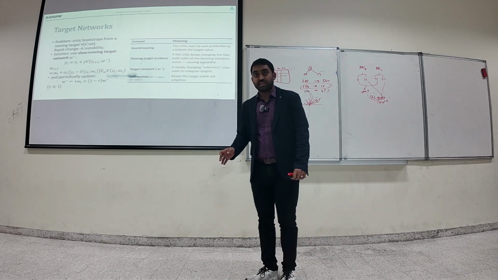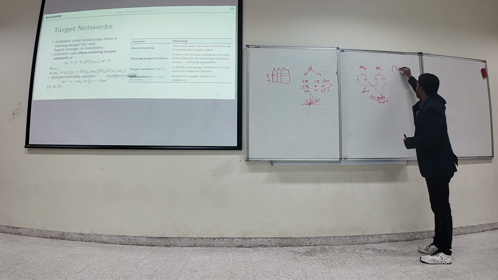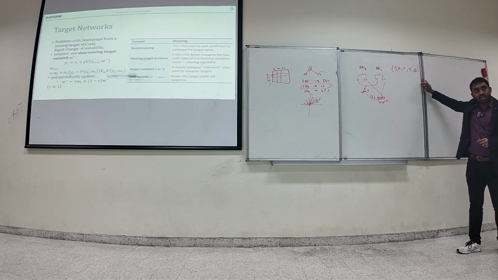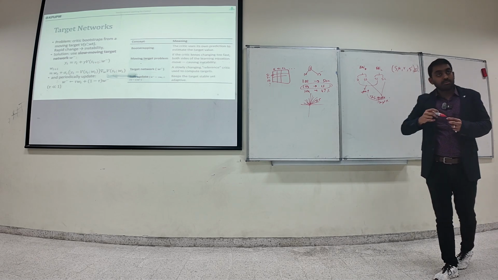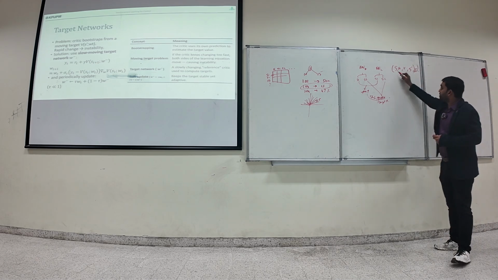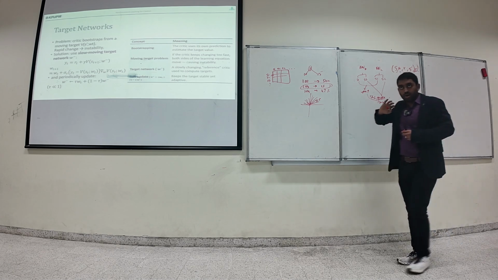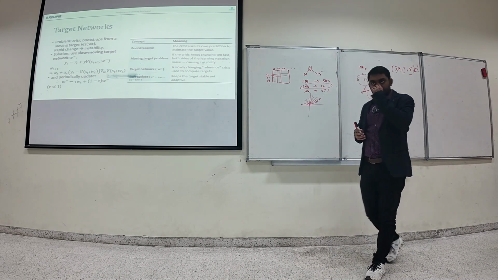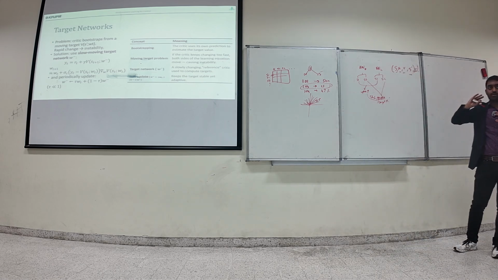Experience replay is basically you take a sample. You remember this tuple, the very important tuple that we talk about very often. You have this tuple: state, action, reward, next state, next action. It means in a given state, you take an action, you see what reward you get and which next state you end up in. You take these at every step of your training or learning, and you use this to update the parameters of the neural network.